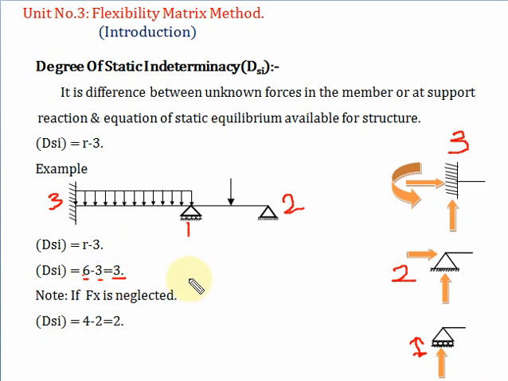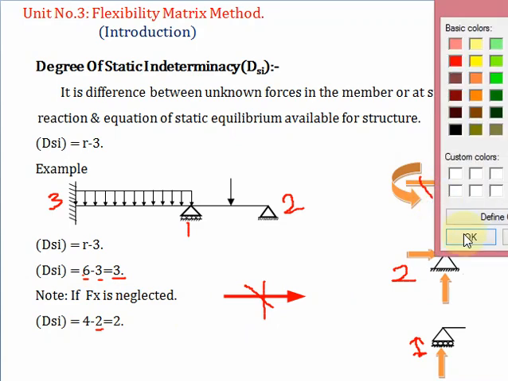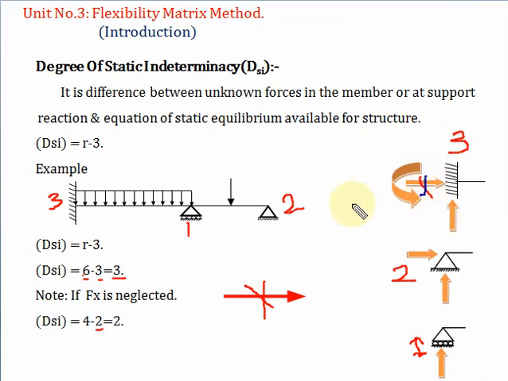It is 3. Now in case of beam, we neglect the axial displacement in x direction. So in x direction we neglect that. We do not consider that. So by neglecting summation Fx, how many equilibrium equations will be there? There will be 2 equilibrium equations. Okay, and the support reactions. So as we are neglecting the axial displacement in x direction, here also we neglect. So I will change the color. Okay, here also we neglect here. So the number of reactions for fixed support is 1.